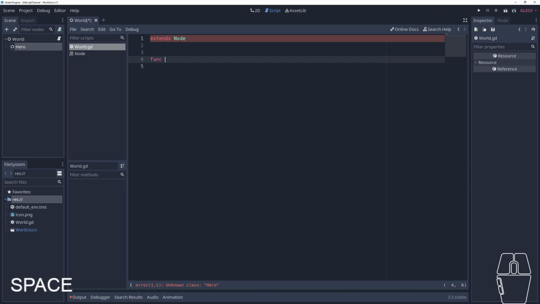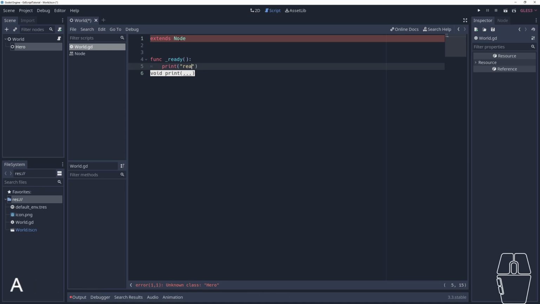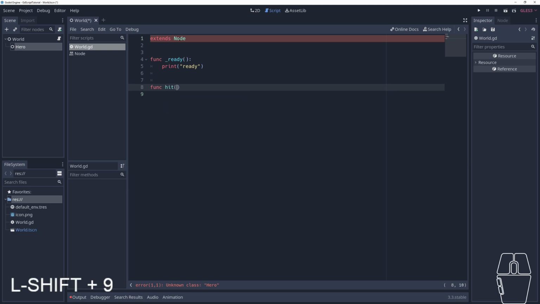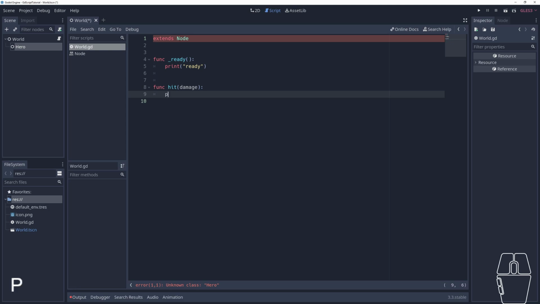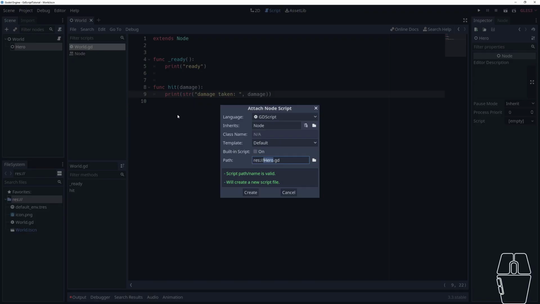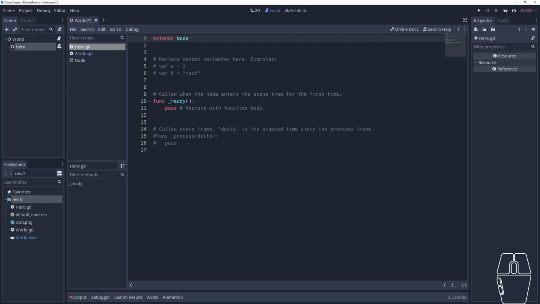So let me just go ahead and implement ready function, print ready, and then I can implement another function, hit for instance, and some damage. I will talk about functions a little bit later. For now, you just can see like an example, string damage taken, and then I can use this. And then in my hero, I can create a new script, hero GD. I will extend hero because